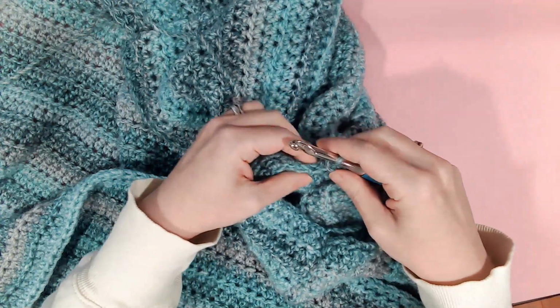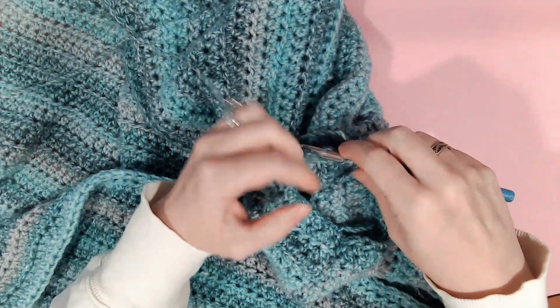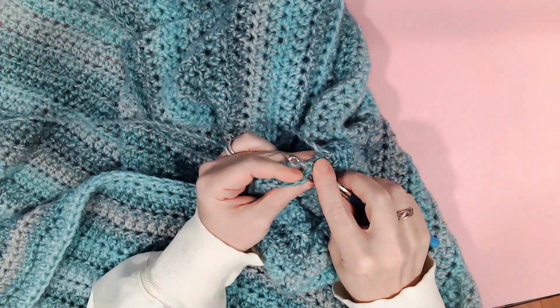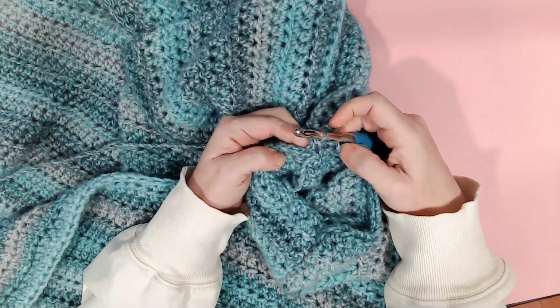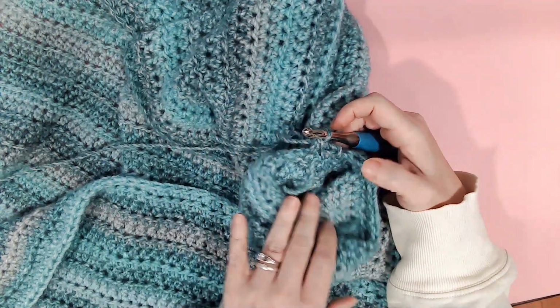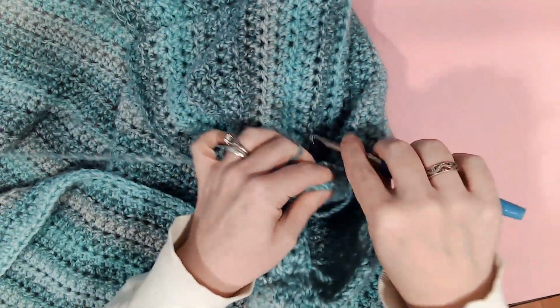Chain one, and then try to make it as even as possible. We're just doing half double crochets. And you've got to count, and you count all the way around and try to make it as even as possible so it doesn't look like you have a big space in between. So there's 3,